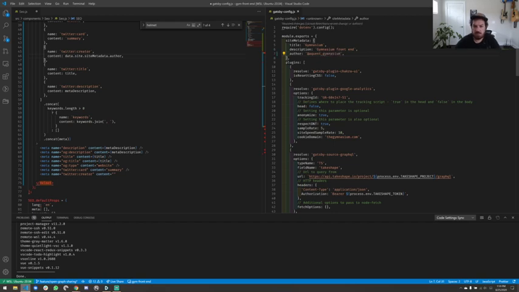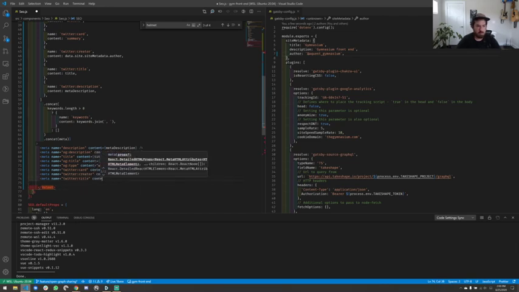I think that's our Twitter tag these days. And so this can now be data.site.siteMetadata.author. Now, there are some important things that happen here, which I'll explain in a moment.